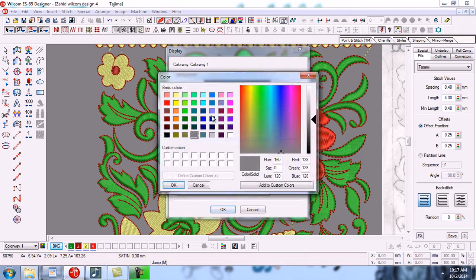Or there are some other colors only. You can use any color from here also. Okay,